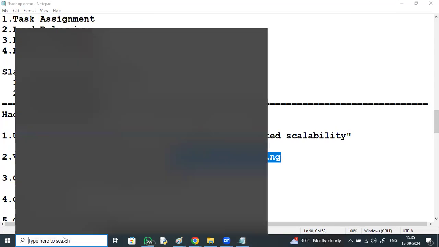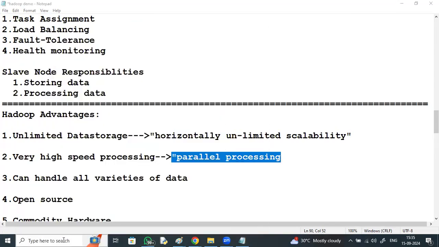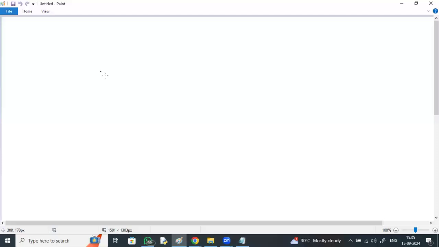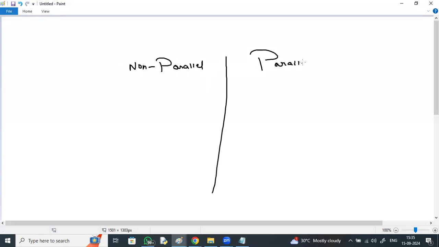Just observe, parallel and non-parallel processing. For example, in non-parallel, one person preparing one item takes 1 minute.